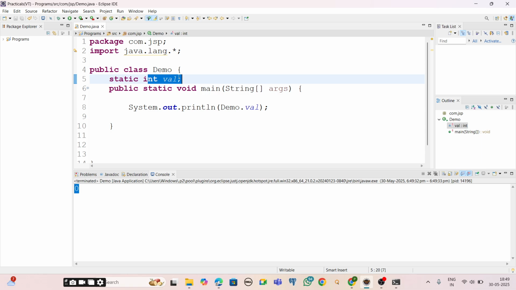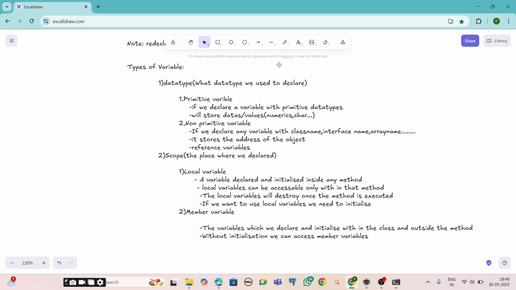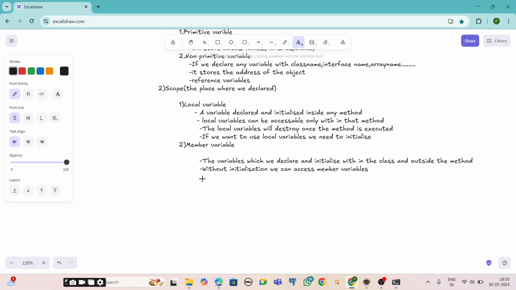Because member variables have default initialization. What does default initialization mean?